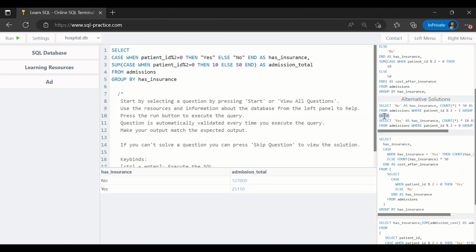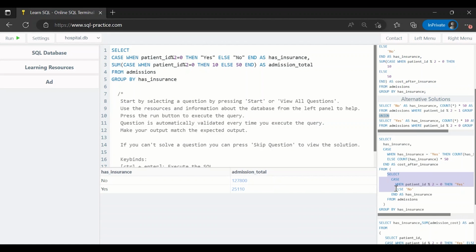So they have also used union. So if you have seen my previous video, in the easy section I used this function union. So in union, what you can get is you can append the rows, right? So if I'm getting here, you can see there are two rows. So first query I can use for no, and second query I can use for yes, and then I can append them to get this particular output, right? And then this is also similar,